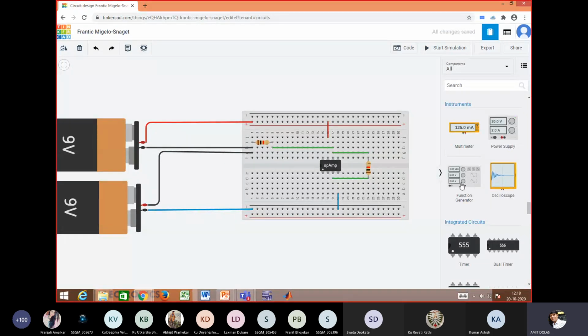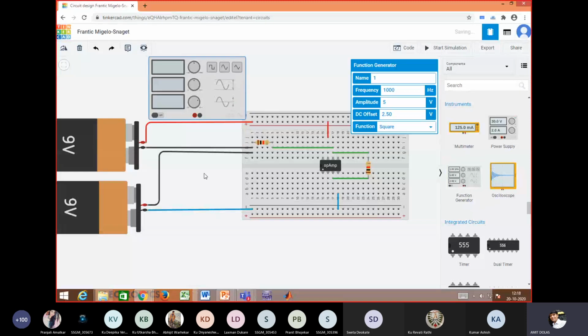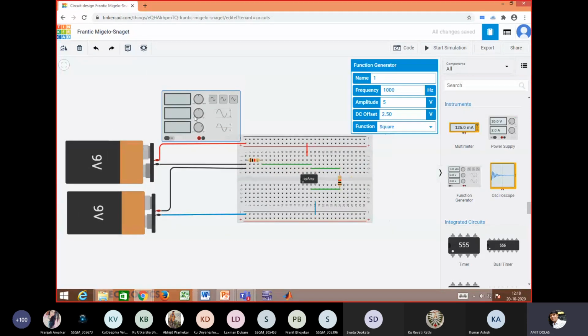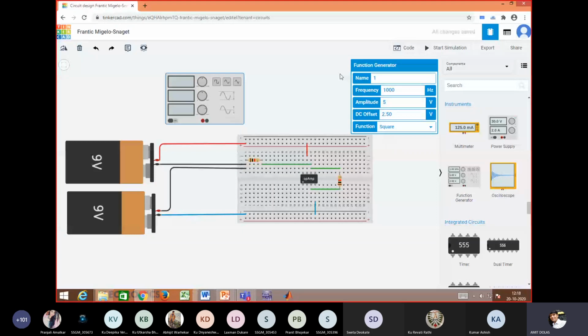So here we have function generator. So I used this one. This is function generator, wherein function generator name देने की जरूरत नहीं है. It is function generator 1 से FG1, frequency 1000 hertz. So what I need, 10,000, 10K, then amplitude 5 volt VP, DC offset की जरूरत नहीं, it will be 0, and square waveform required is sinusoidal waveform.